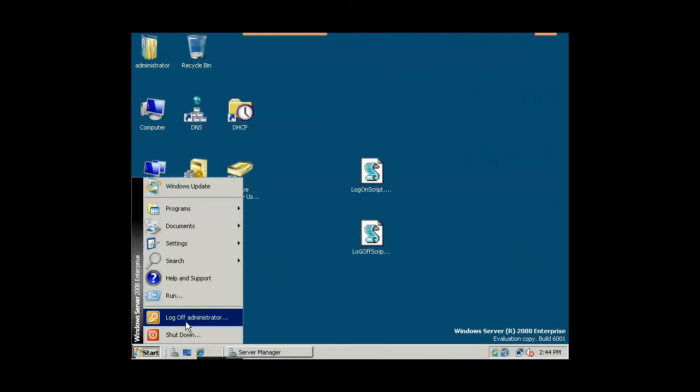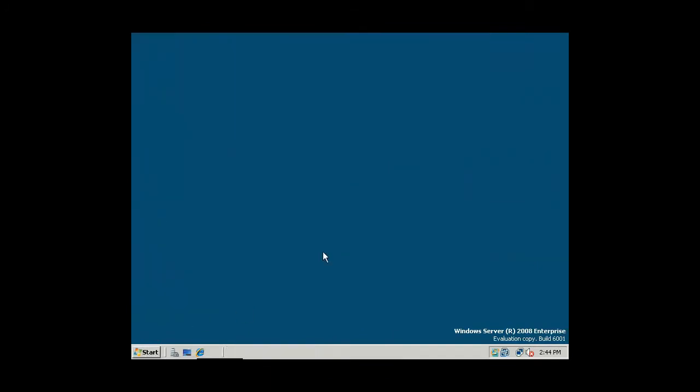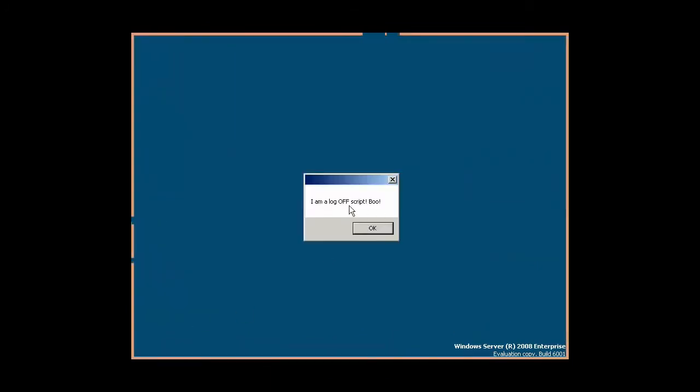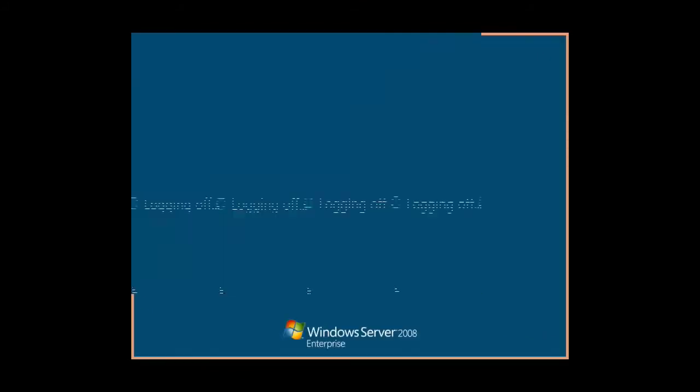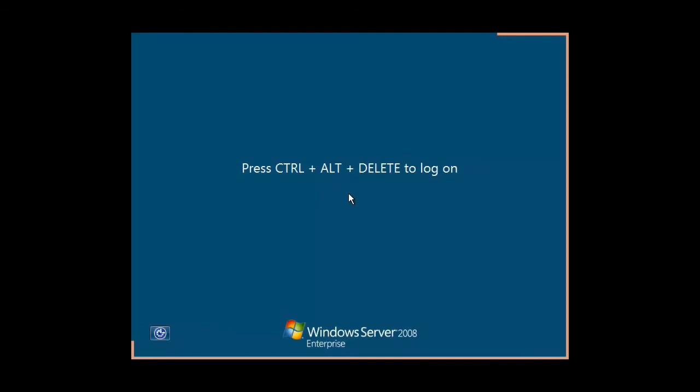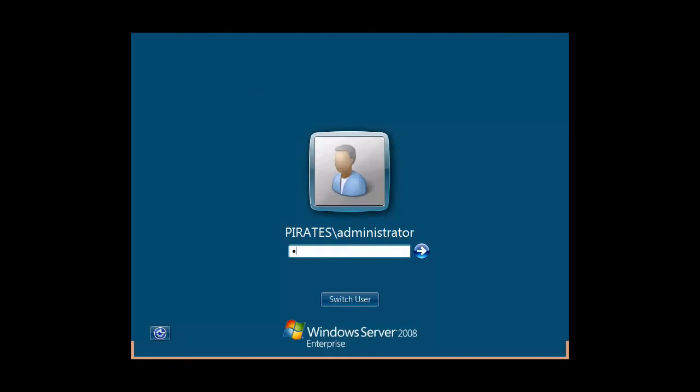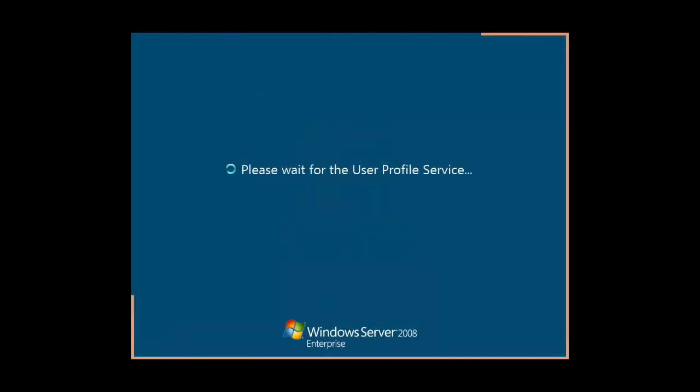And let's go ahead and log out. Notice here's my script now. I am a logoff script, boo. And then we will log on. I'm going to log on, and here, password,